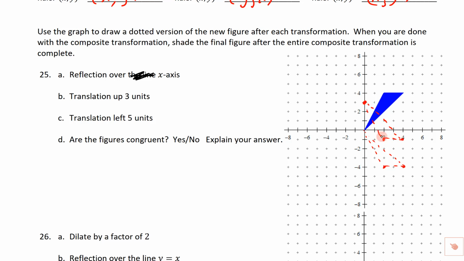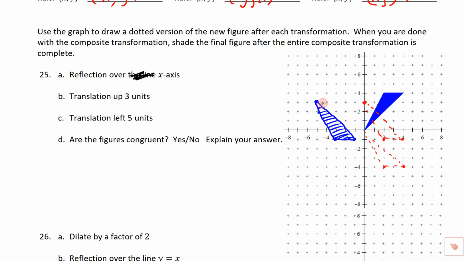Okay, and then the last one, translate this left 5 units. So we're going to go left 5 units, and I'm going to change to blue because this is the last one. So we're going to go 1, 2, 3, 4, 5. So we're going to put a big blue dot right there. 1, 2, 3, 4, 5 right there. And 1, 2, 3, 4, 5 right there. So we'll connect those, and then we'll shade that in,